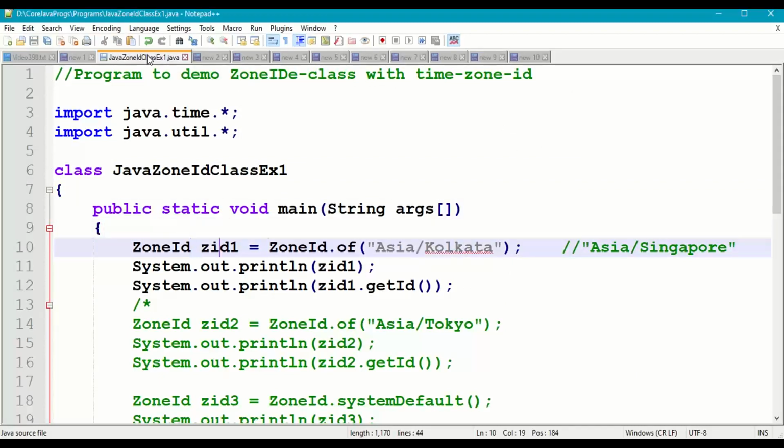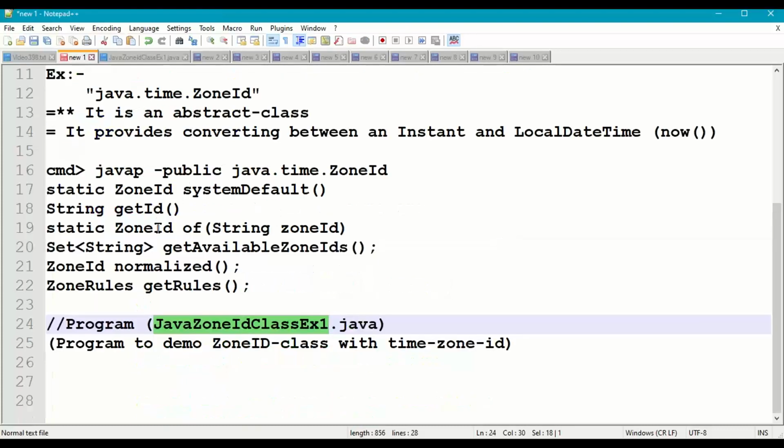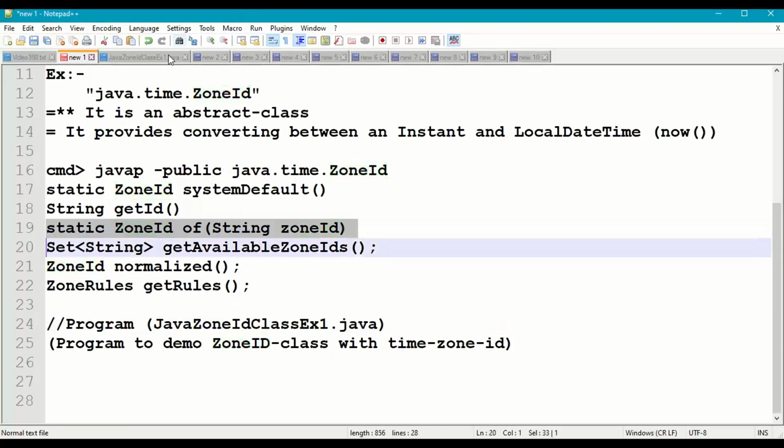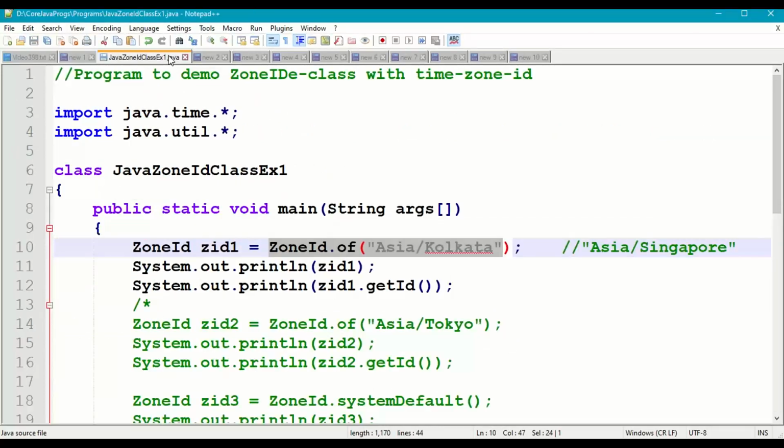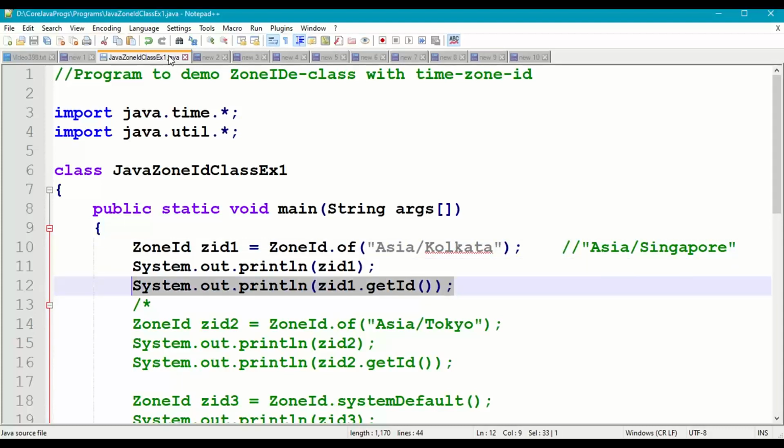First we'll work with the ZoneId static method of, to which we have to pass the zone ID string as an input parameter. It returns a ZoneId object reference, ZID1. Print ZID1, and also print ZID1.getId.